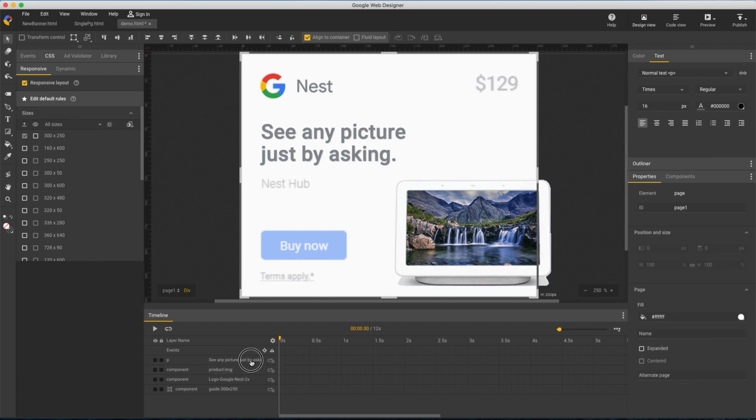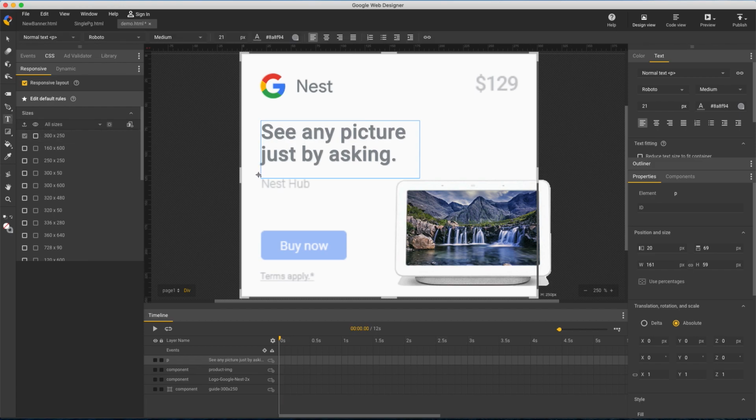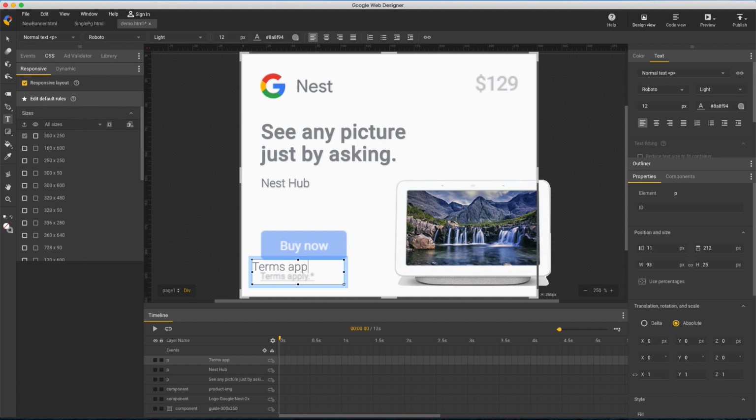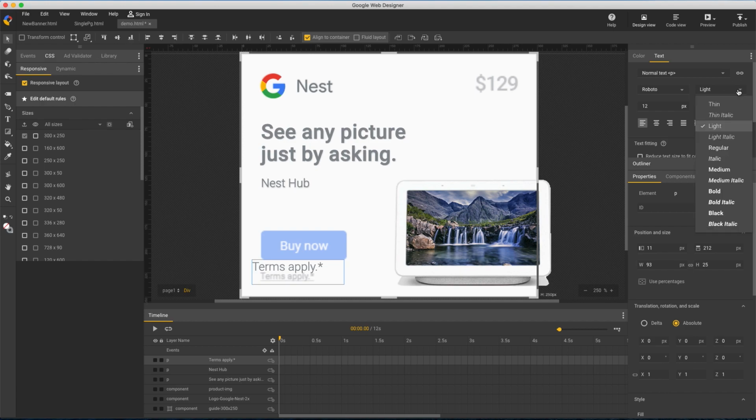Now I'll do the same for Nest Hub. Create a new text element with the previous one selected to start with all those settings. I do this instead of duplicating because it keeps the CSS cleaner and easier to edit in the future. I'll use lightweight, then the disclaimer, regular weight,